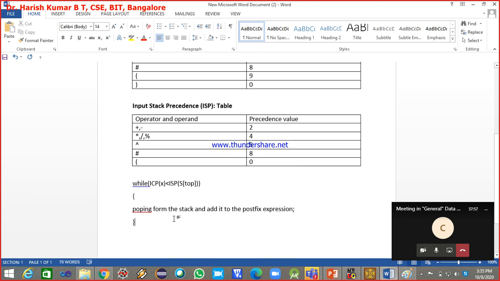If this is not true, we push x, because x is the input character. Push x onto the stack. Understood?